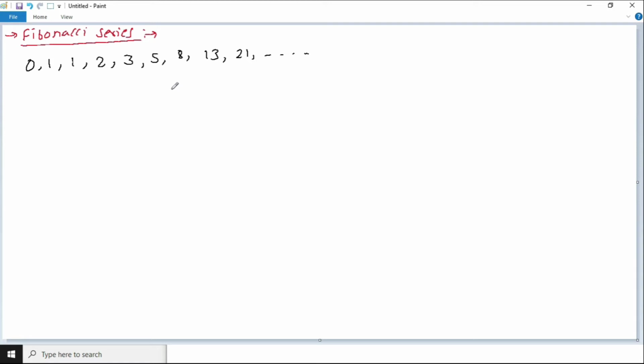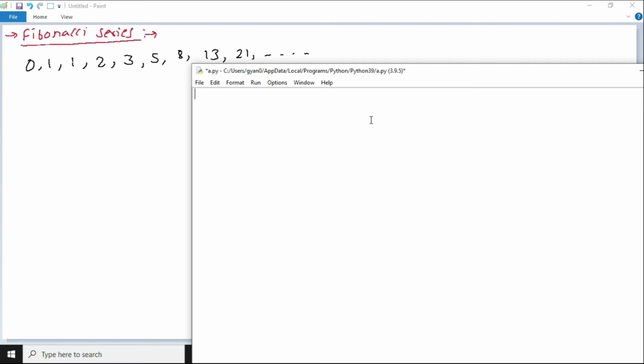Here our task is to print the Fibonacci series. So you will be asked to print up to a given term. Like I tell you to print up to the term 5. Therefore, you will have to print 1, 2, 3, 4, 5. You will have to print up to 3. If I say print up to the term 7, then you may need to print up to 8. So this is what you have to do.